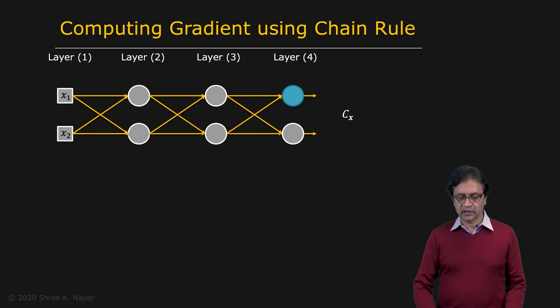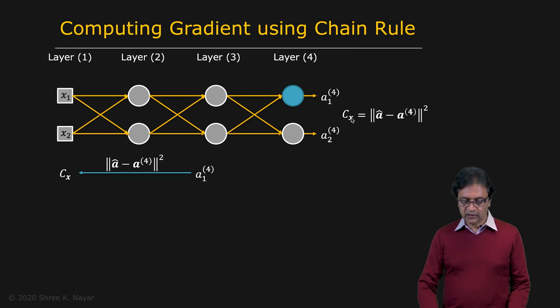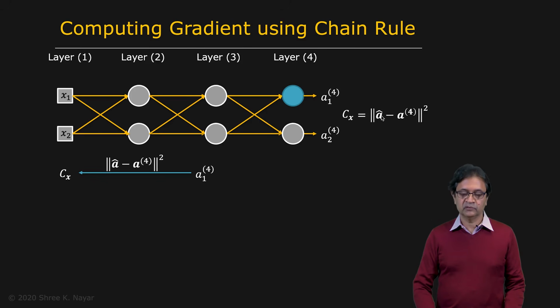Now let's take a look at the cost of this network for an image X. That cost is the desired activation, we know this, minus the actual activation, the activation being the output of layer 4 in this case. The square of the difference between those two is the cost. So that's the relationship between the cost Cx and the activation, or the output, of neuron number 1 in layer number 4. So what does A14 depend on?